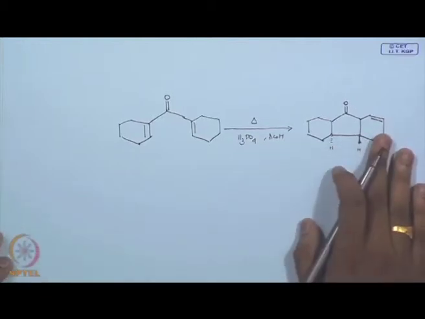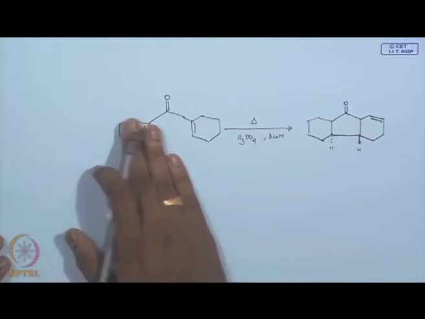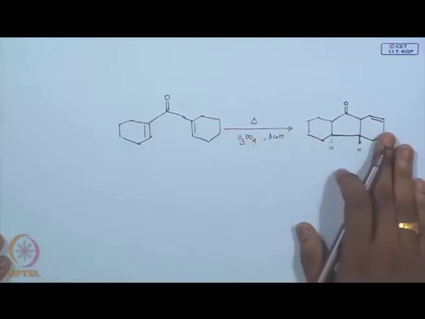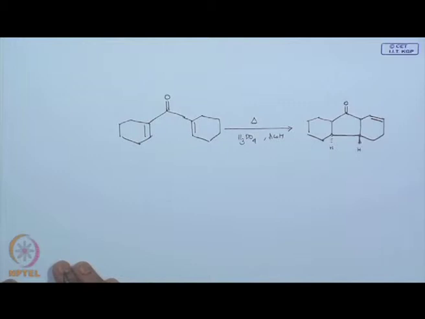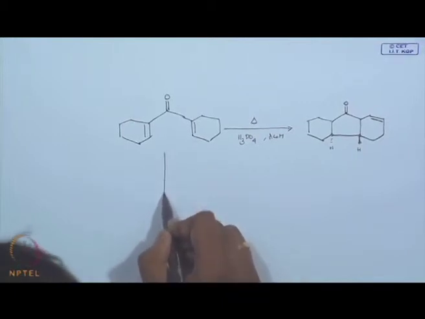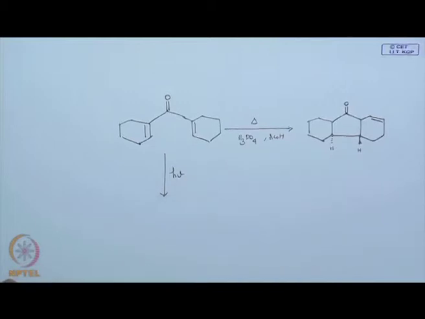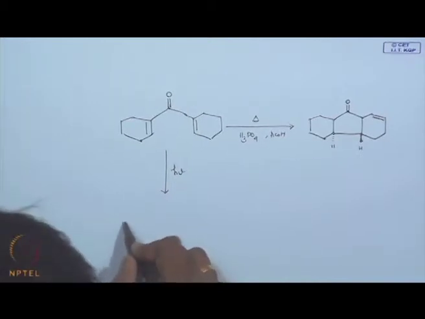We will understand this mechanism. Okay, we will study this mechanism in detail. First, when you take this system and heat it, you get this product which is a cyclized one, but you consider your 2 hydrogens. Okay, they are more important to see. Now, if I take the same compound and if I irradiate this, basically if I photolyze this molecule, what does it give? If you see the product,